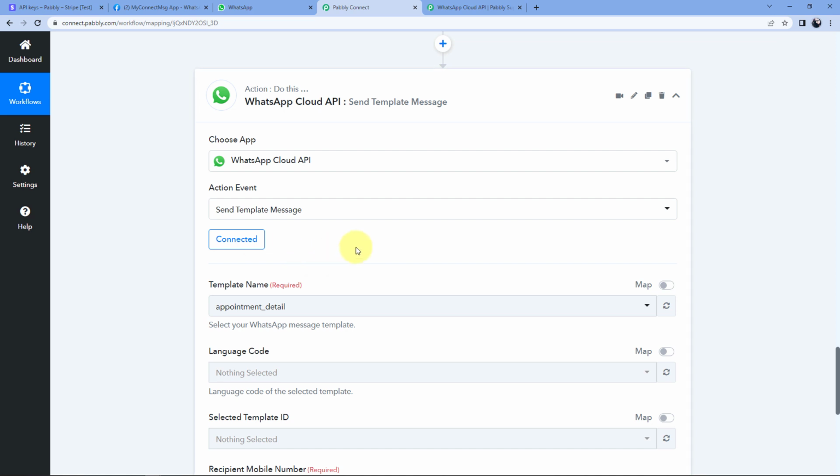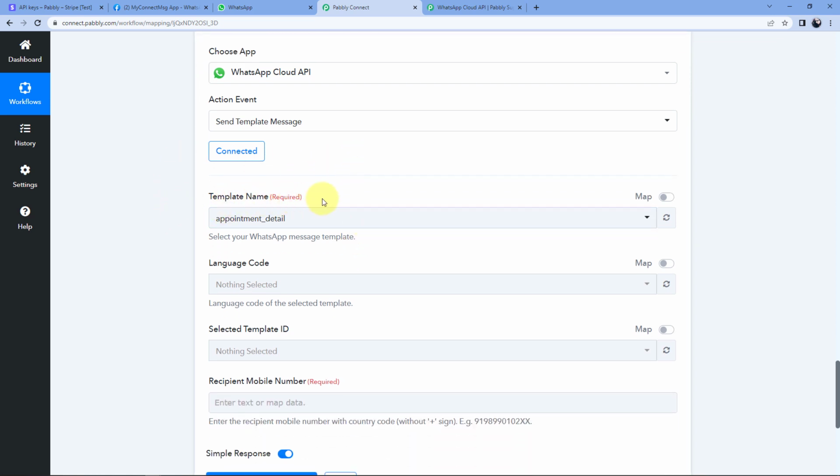So after making the connection, it is asking us for template name. Now you must be thinking, what are these templates? So templates are basically some predefined WhatsApp messages which we are willing to send to a customer who made the payment. So to avoid the spamming of messages on WhatsApp, first we have to create a template inside WhatsApp Cloud API, and then we have to get that template approved from Facebook, or should I say Meta. And after the template gets approved, we can use that very same template to send WhatsApp message to our customers